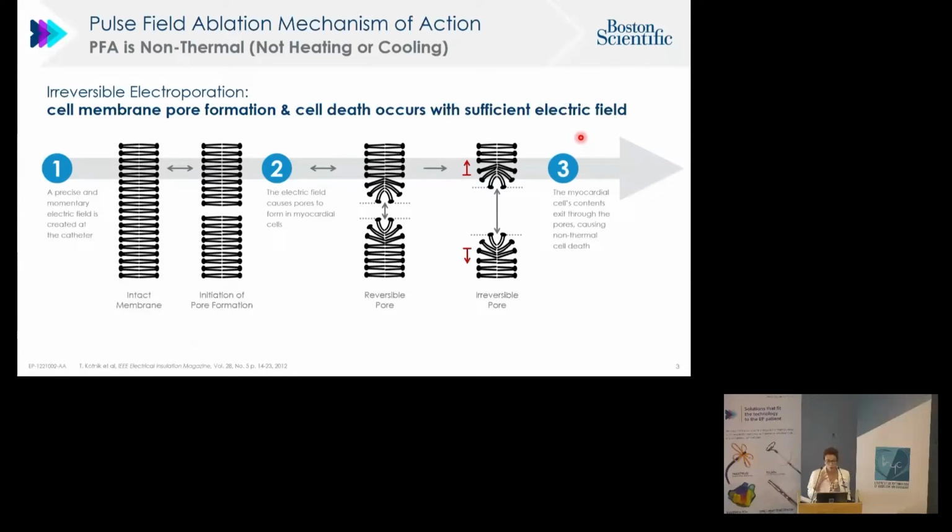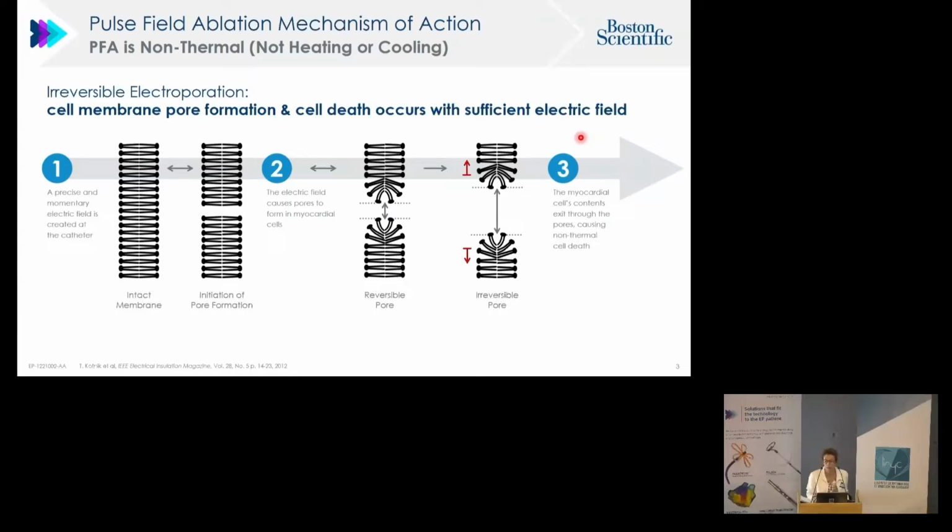A precise electrical field is applied to the tissue. It will disorganize very rapidly the membrane of the cells, and ultimately leads to the formation of nanoscale pores in this membrane. Then the content of these cells will exit through these pores, leading to cell death, essentially